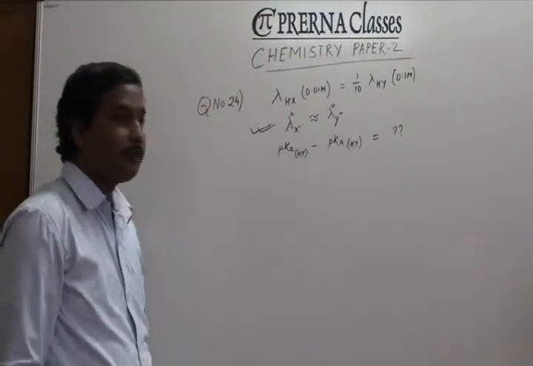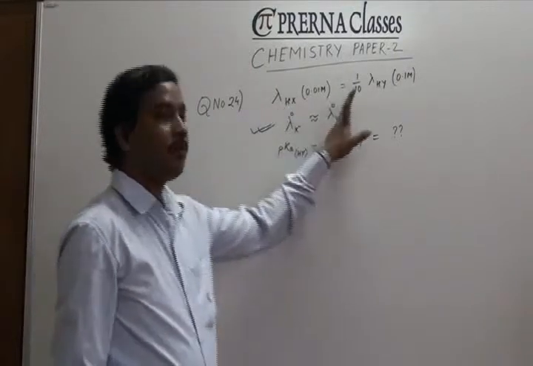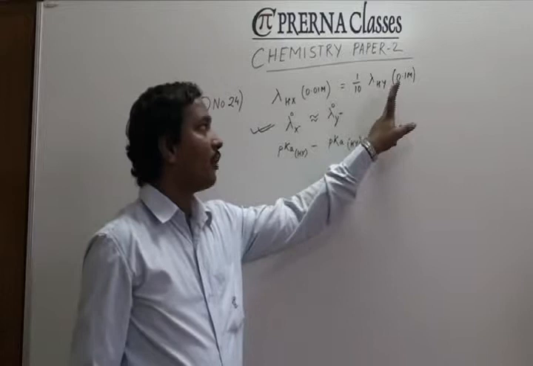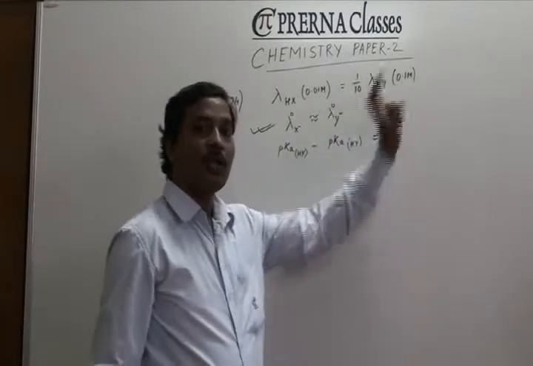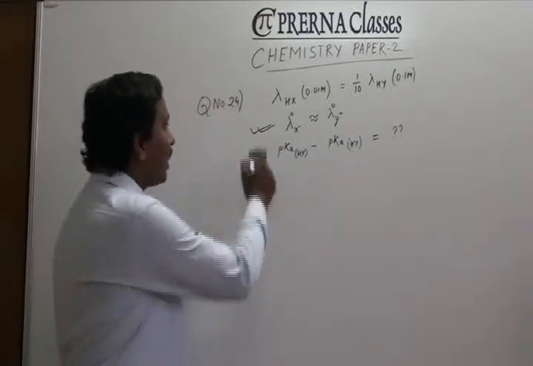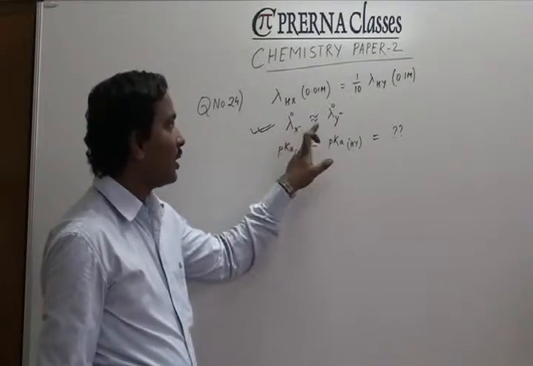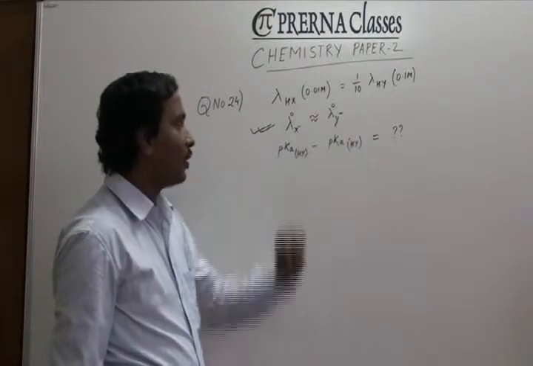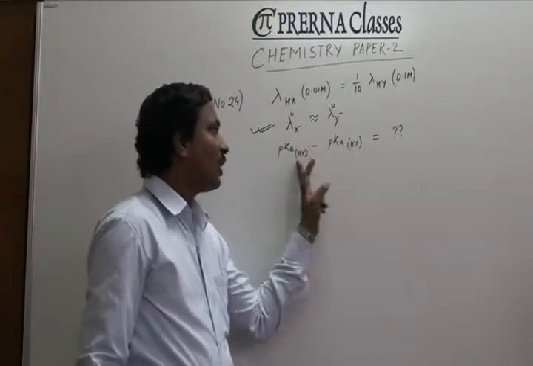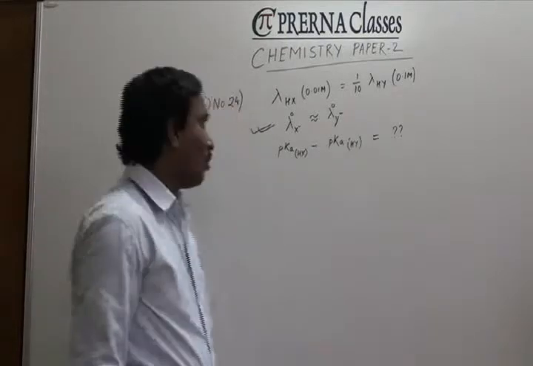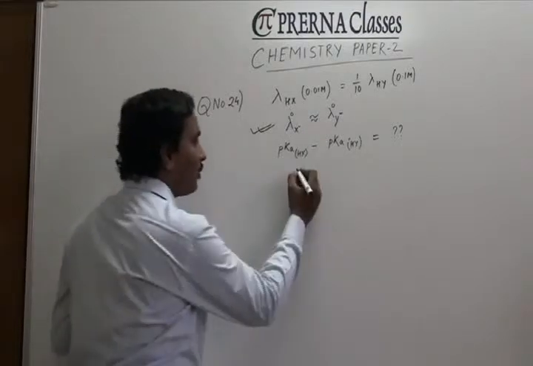Question number 24. Given is the molar conductance of HX is 1/10 times the molar conductance of HY, and the concentrations are given as 0.01 molarity and 0.01 molarity respectively. It is also stated that the limiting molar conductance of X minus is almost equal to the limiting molar conductance of Y minus. And he asked me to calculate the difference in pKa value of HX and HY. It is given lambda naught of X minus is equal to lambda naught of Y minus. We can write